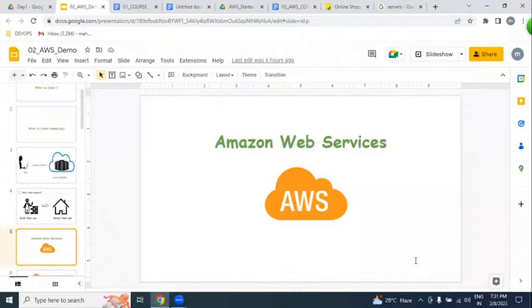AWS is the first cloud provider, in 2002 might be. So that is the reason it is popular. It is the first provider, so it occupies more than 50-60% of the market.